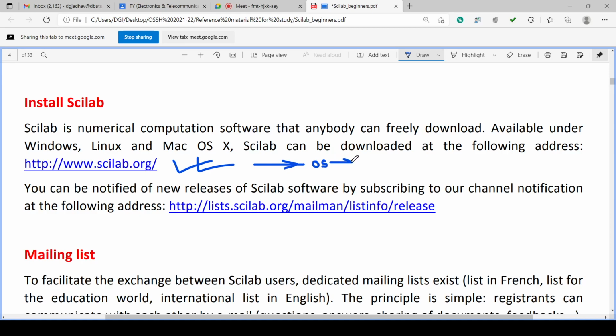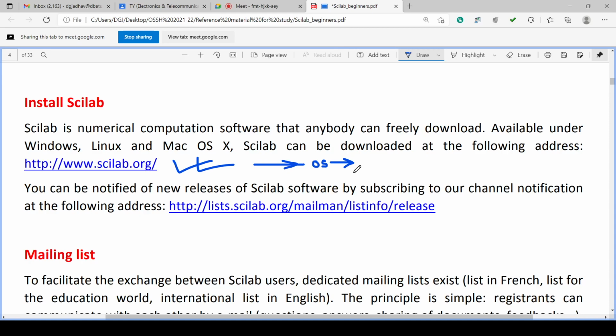Depending on the OS, we can download the particular Scilab package. Scilab packages are available for Windows, for Linux, and for Mac OS X also.